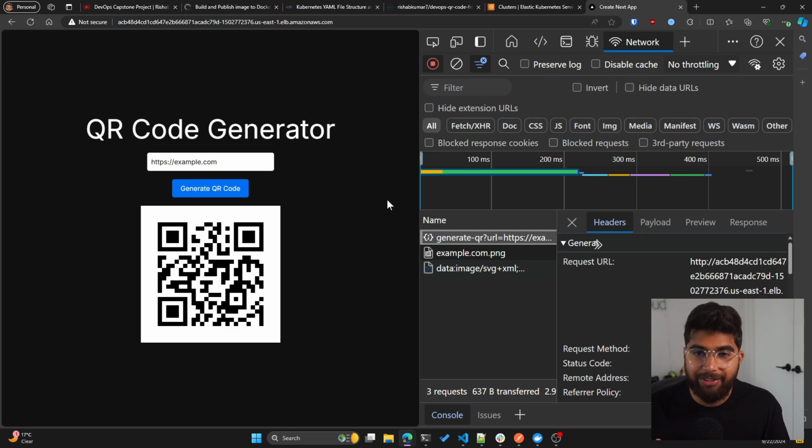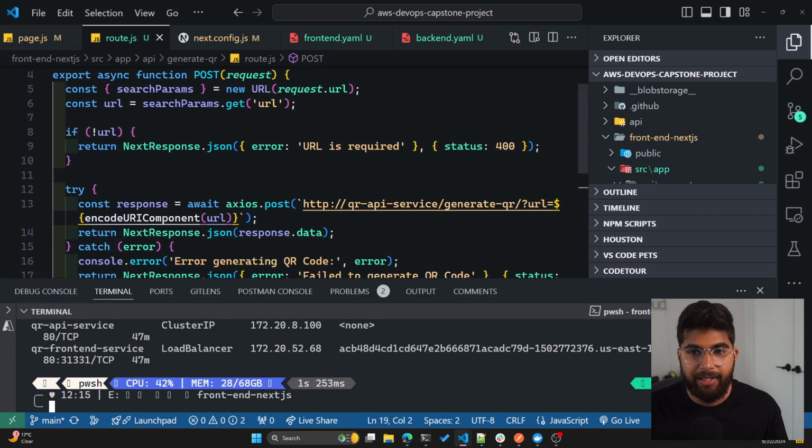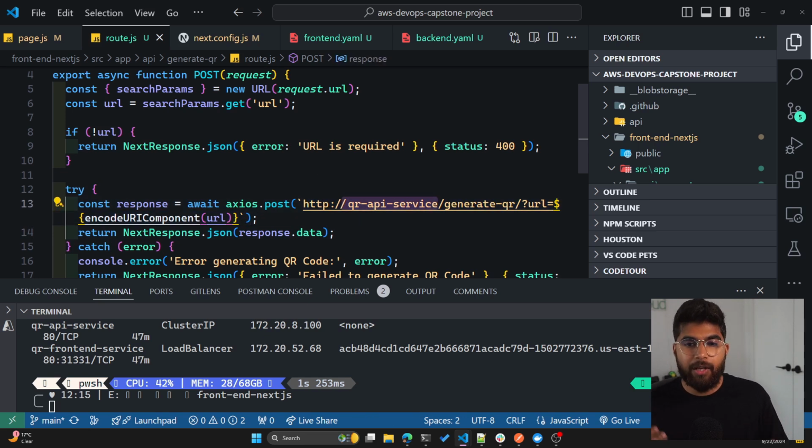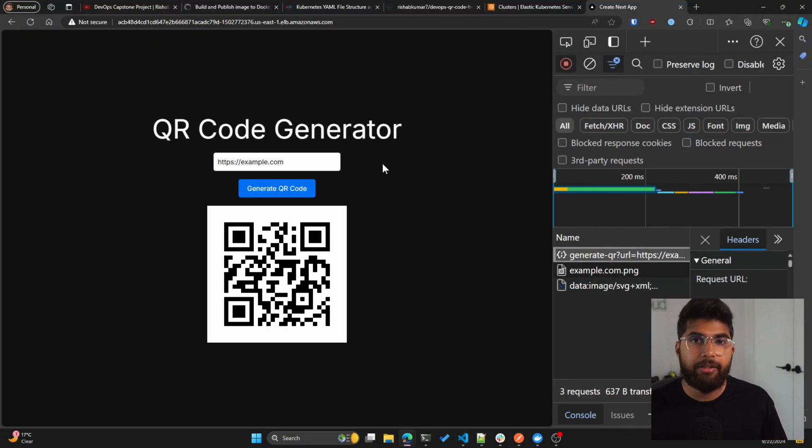As I was debugging, I just realized that, wait, all of my Next.js code so far is just client side, and client side won't have access to my internal Kubernetes cluster network details. Hence, I made those changes, created an API route, which basically has some server-side code. And for server-side, this will translate because the container has access to the network. Awesome. So now we have our front-end and back-end running in a Kubernetes cluster on AWS, specifically EKS, and we can